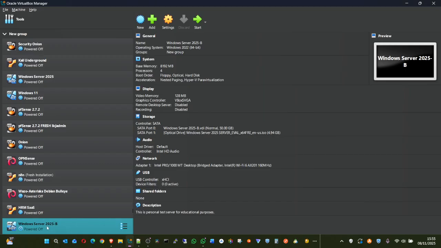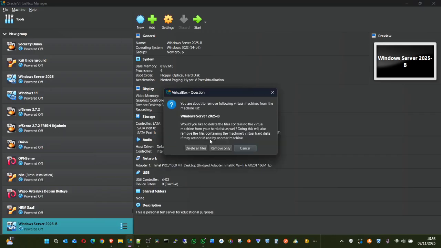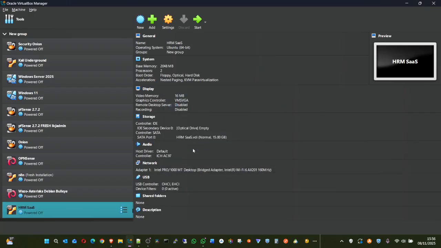Because it's of no use and I already have one in here, and because it's taking more space, I can just right click right here, remove, because I don't need it any longer. I can just click delete all files. It is gone. So it makes it easier, even if you are testing an application and you just want to be sure that it works well before you buy a new server and it works exactly as you want, you can right click on it and say delete, and it takes away that thing entirely.